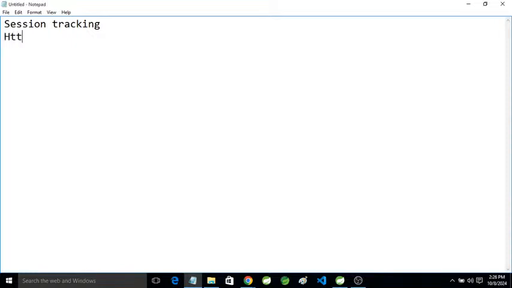First, HTTP session. Second is cookies. Third is URL rewriting. And fourth is hidden form field. Through these four ways we can store the data temporarily in a session, and if we need it,